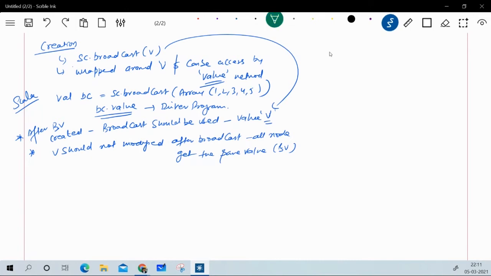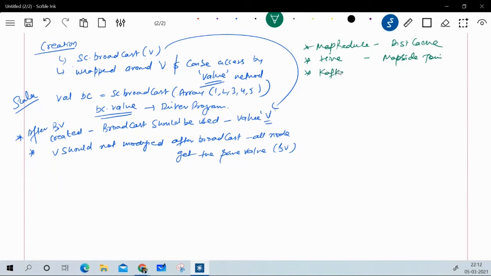Now to make an analogy about the broadcast variable, we have the same concept in different technologies with different names. Let's say in MapReduce, it is called a distributed cache, and in Hive, it is called a map side join.